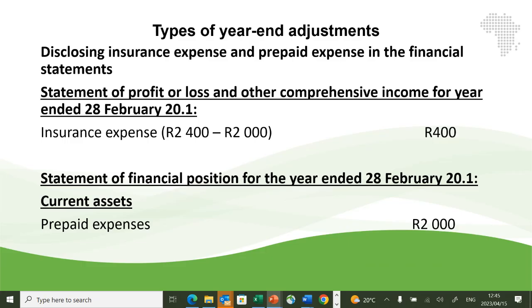Statement of financial position, we are dealing with assets, equity, and liabilities only. Statement of profit and loss, we're dealing with income and expenses only. So that's very important. Now when you go to the statement of financial position, you will see under current